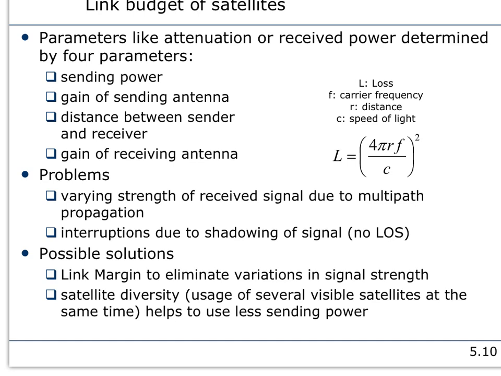Of course, parameters like sending power and gain of the sending antenna matter. The antennas have a large form factor, and usually they have very high gains. The distance between the sender and the receiver also matters. These are all factors that affect the loss. And there is also varying strength of the received signal due to multipath fading, especially for satellite communication,